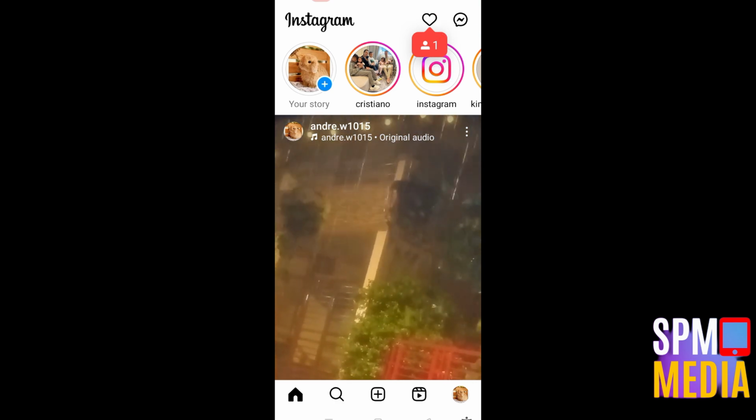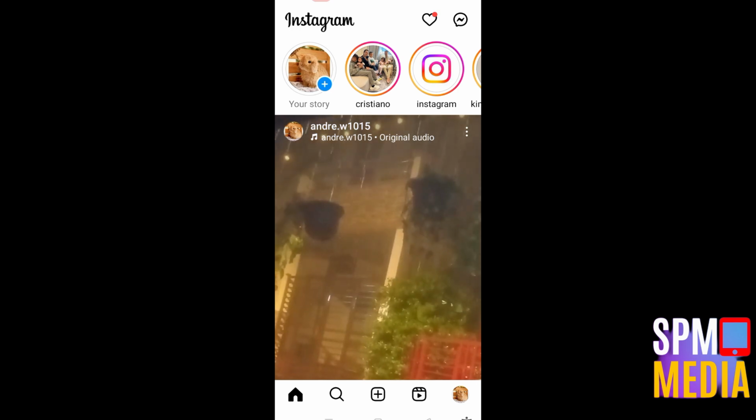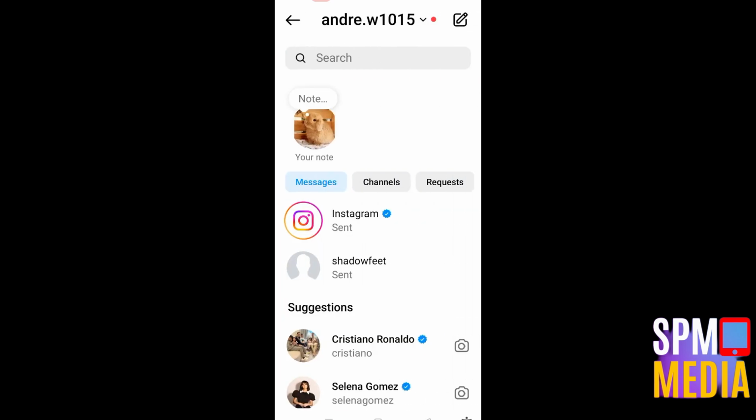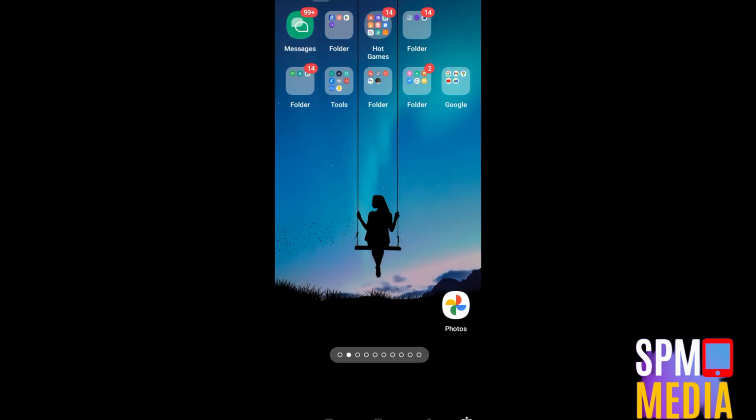Now you have to click your Instagram Messenger. You have to tap this one. And then as you can see, there is a note right here. So basically, if you want to add music to your note, then all you have to do first is